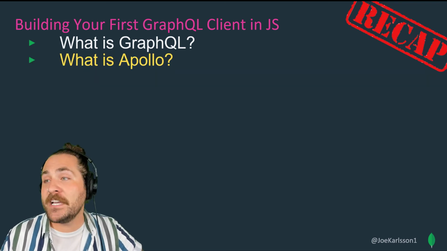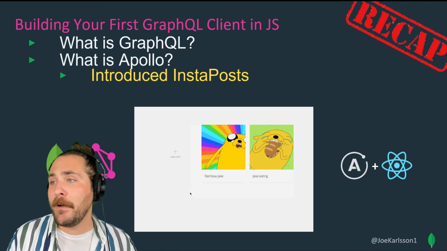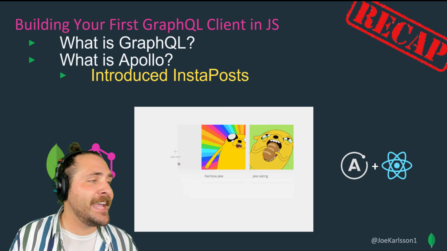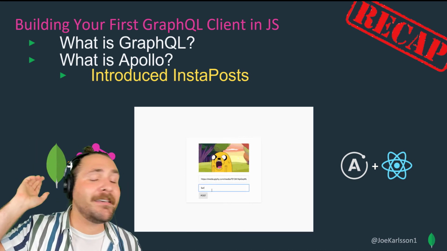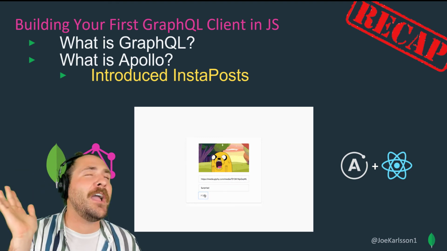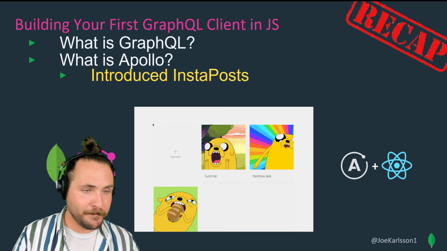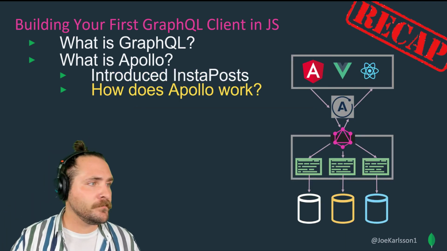All right, next thing we did was discuss Apollo. And the first thing we did was open up by talking about my project, InstaPosts, and it is a MongoDB database on Atlas. With Atlas, you automatically can click a button that generates all of your GraphQL schema and an endpoint for you, and GraphiQL just instantly for you. And we have a static front end that uses Apollo and React.